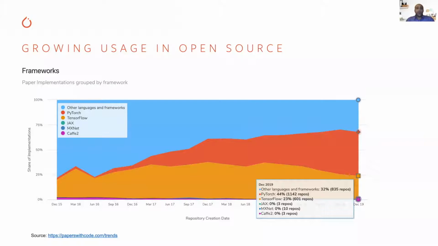First, let me give you a quick update on PyTorch growth over the past 18 months. I hope that a lot of you here in the audience are using PyTorch, thanks to its ease of use and good documentation. We have seen significant growth over the past 18 months in PyTorch usage. This shows up in the number of paper implementations grouped by framework, as you can see. We use PyTorch at Facebook for major training workloads, such as computer vision, NLP, machine translation, speech recognition, and ranking